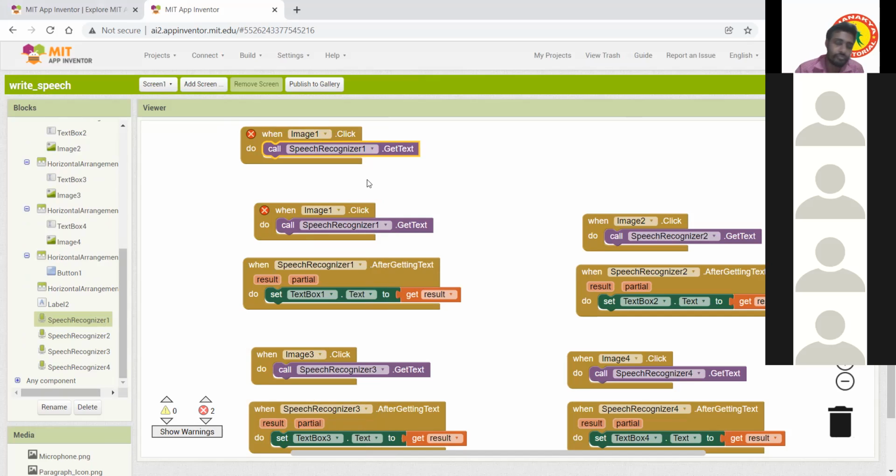So if I press that image, it will just turn on speak recognition. It will try to recognize the speech and get the text. It will make it as a text and send that data, storing it here.